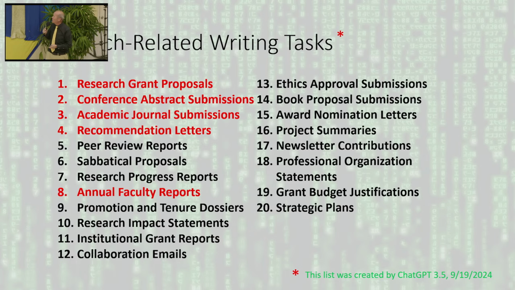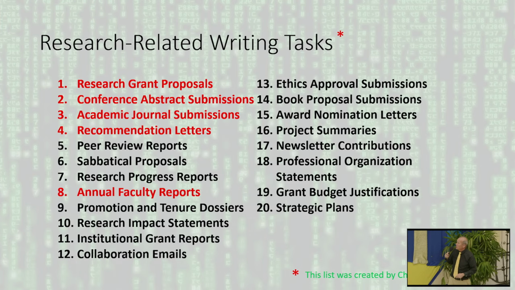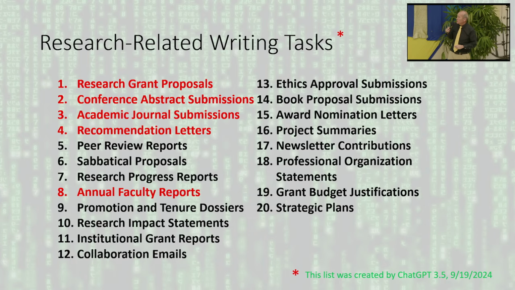So basically it boils down to a lot of things that we do with regard to writing in research are ways that we could turn to AI and say, help me with this, help in the brainstorm process, or help in the refining process. Recommendation letters are in here because ChatGPT created this list, not because I'm the biggest fan of those. And as we've talked about, there are downsides to using these models, especially the public ones, for grant proposals and abstract submissions.